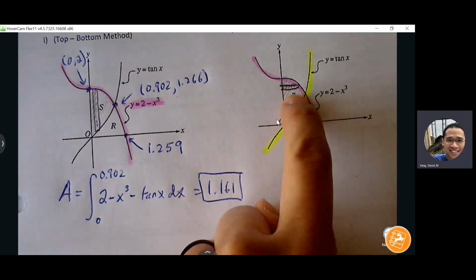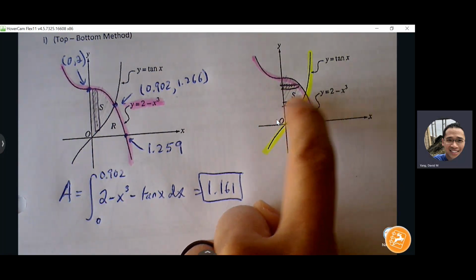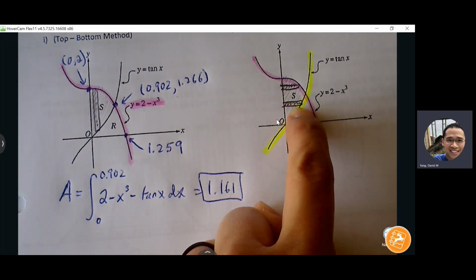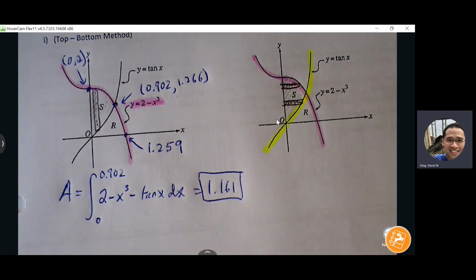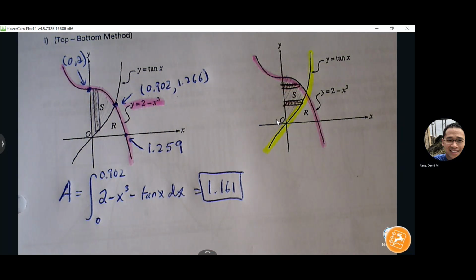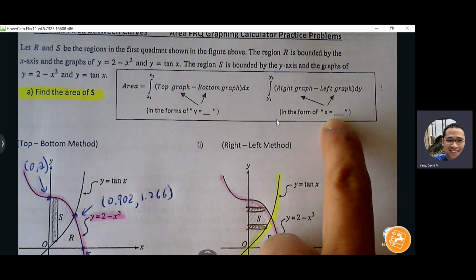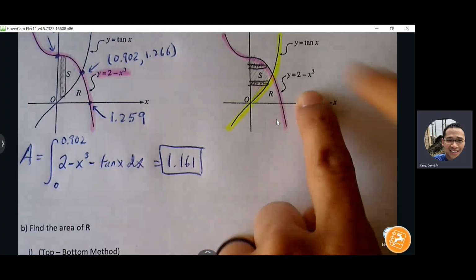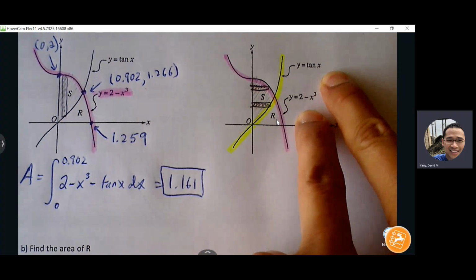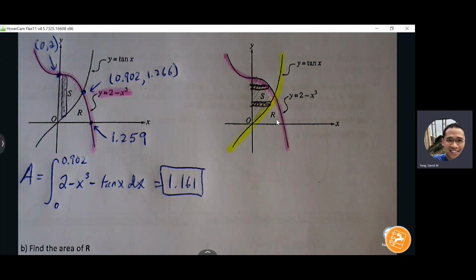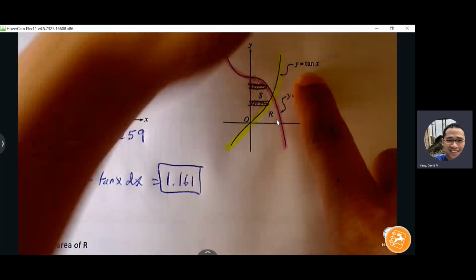There's a right minus left for above the intersection, and there's a right minus left for below the intersection. So we're going to have to create two separate area formulas. On top of that, there's more we need to do, because if we want to do right minus left, our equations have to take on the form of what? X equals. So these equations are not suitable for right minus left. We have to rewrite them in a different form. So if I want to solve for X,